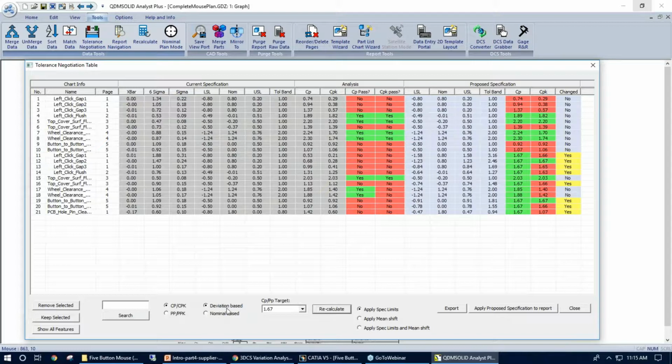So we have the option to do deviation based or nominal based. Since my nominal is the 0.8, that's why we're seeing some kind of skewed numbers a little bit, but so we do have the option CP, CPK, PP, PPK, deviation, nominal based, and you can play with the different targets,